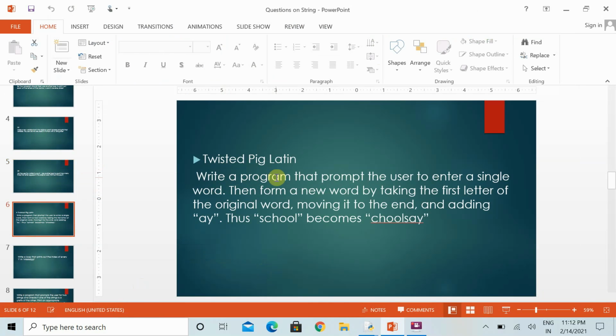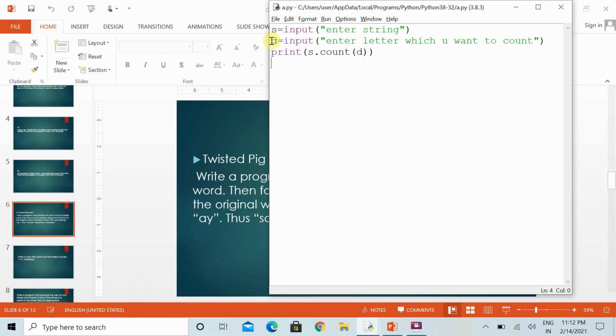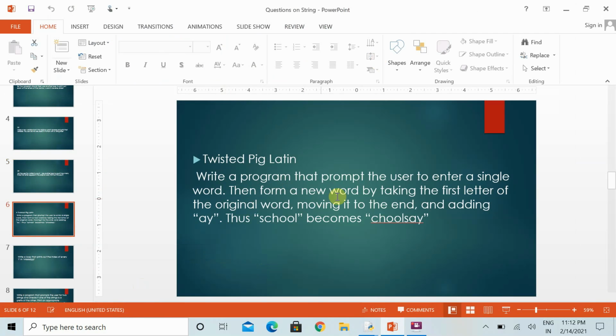In this question it is specified that we have to make a program that prompts the user to enter a single word. We just have to take a value from the user and then form a new word by taking the first letter of the original word, moving it to the end and adding AY.